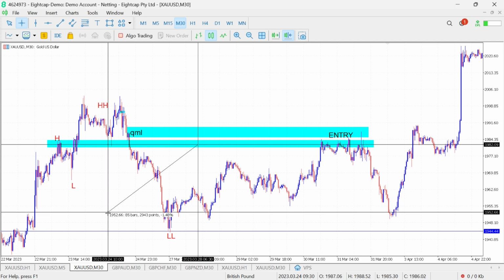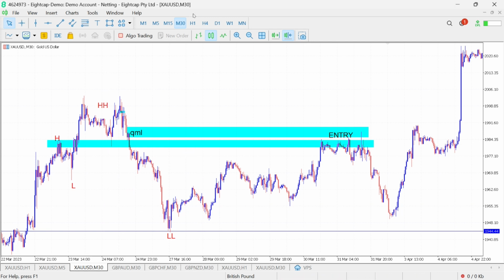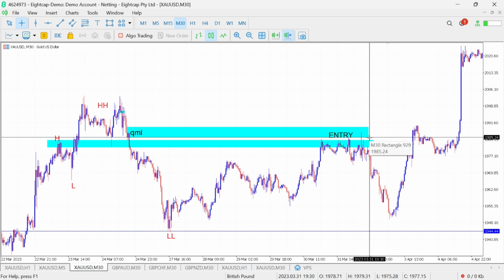Why? Because you didn't even filter it up onto the higher time frame to see if there is a QM level that is giving your demand zone or your supply zone, you understand. So that is why it's always good to use multi time frame before entering your trades. So as you can see, price tapped into this supply zone